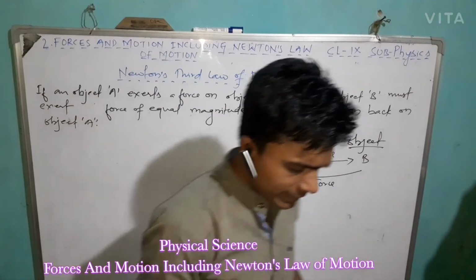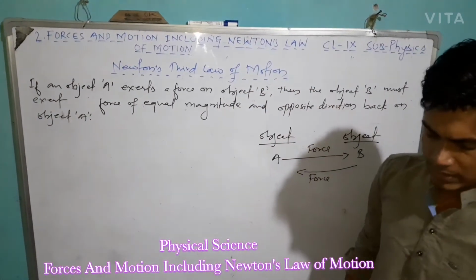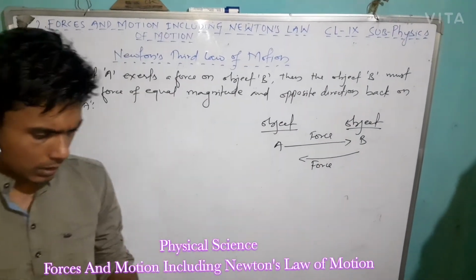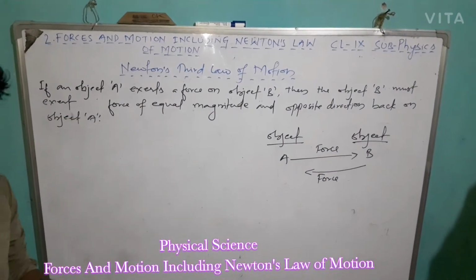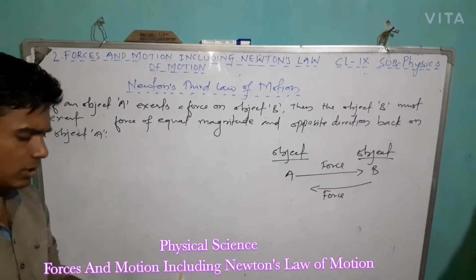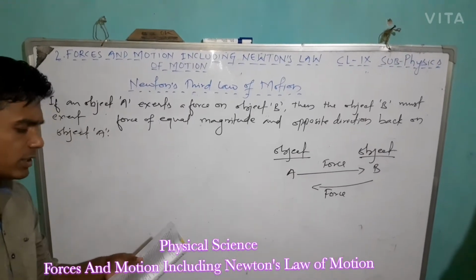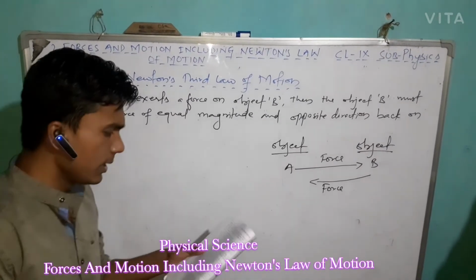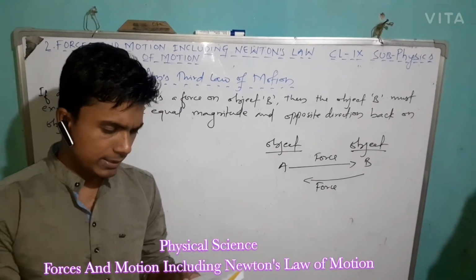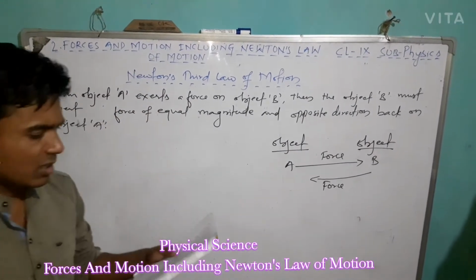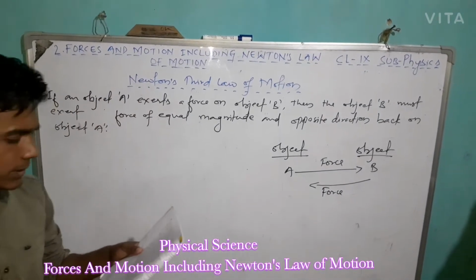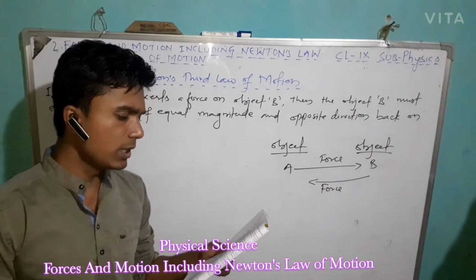To help you understand Newton's third law of motion better, I'll give you some examples from your book, page number 34. Here we have a few phenomena related to Newton's third law of motion. Let's talk about example number 2: a man who jumps ashore from a boat pushes the boat in an inclined direction with his feet. This is the action. The boat exerts an equal and opposite reaction on him. The horizontal component of this reaction force pushes him to the shore.